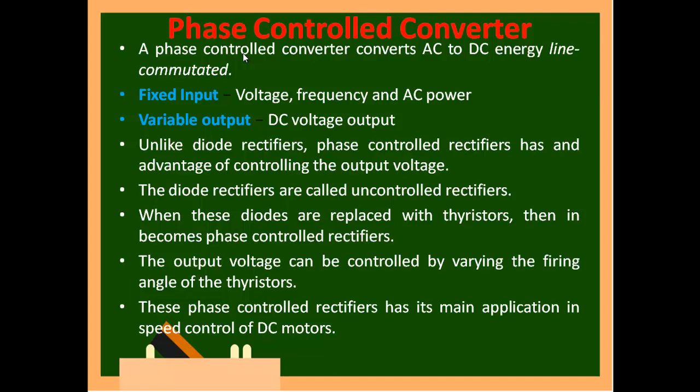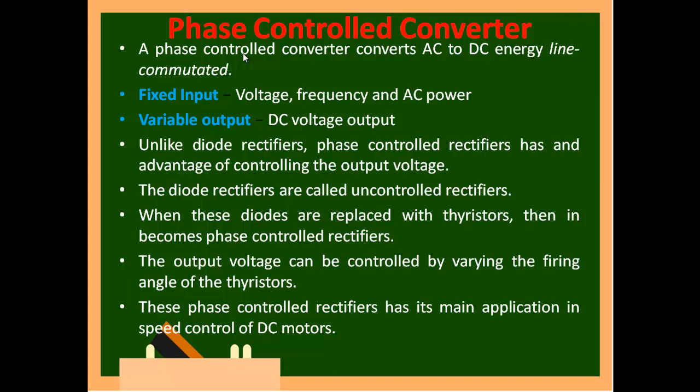The input AC supply is 50 Hz, which means your voltage as well as current starts to increase, reaches a maximum, again touches zero and goes to the reverse direction. AC itself, we know, is alternating, so you will have alternation both in positive as well as negative. For a duration of around 0 to 180 degrees, or in the time domain from 0 to 10 milliseconds, you are in the positive half cycle, and from 10 milliseconds to 20 milliseconds your waveform